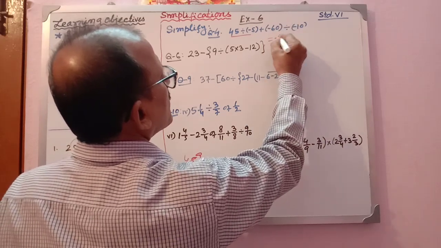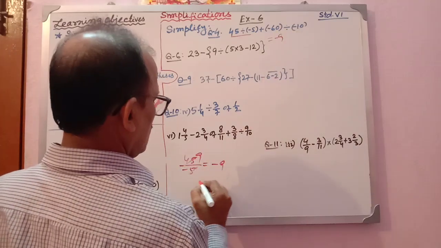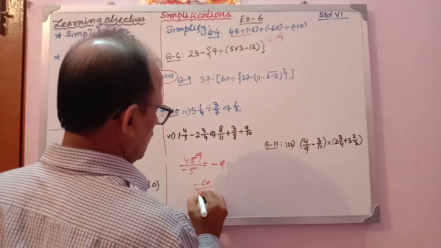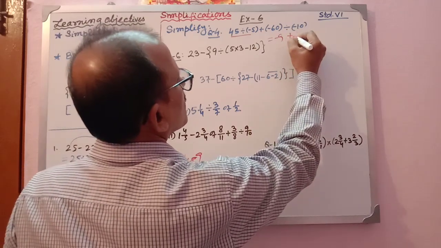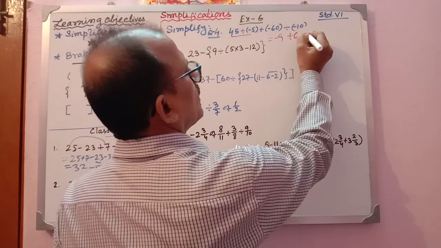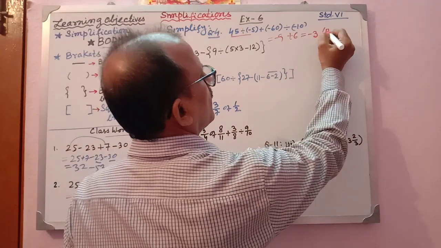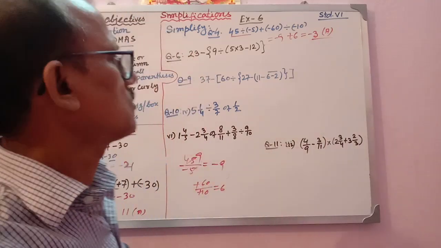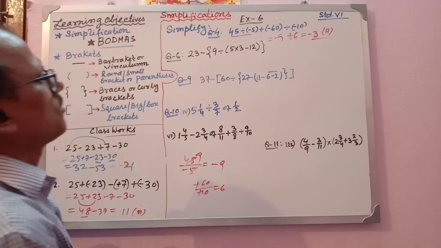You write minus 9, then this minus 60 divided by minus 10. Similarly, if you do it like this, minus 10, this minus will be cancelled, 6. So it will become 6. So now minus 9 plus 6 will be what? It will be minus 3, isn't it? That minus 3 will be the answer. Don't get confused with all these things, okay? Now, what you are going to do is, this is the next number, you see.